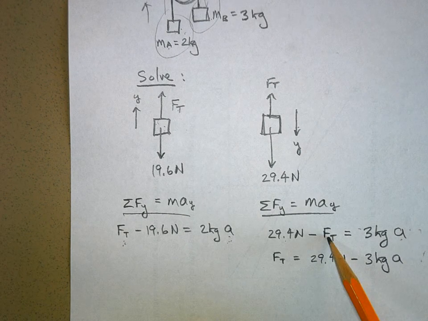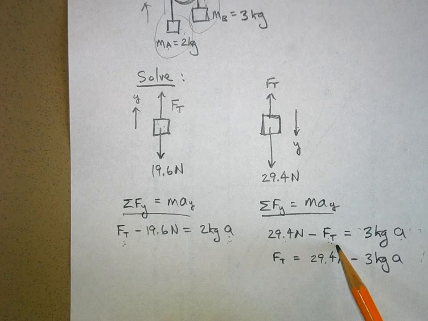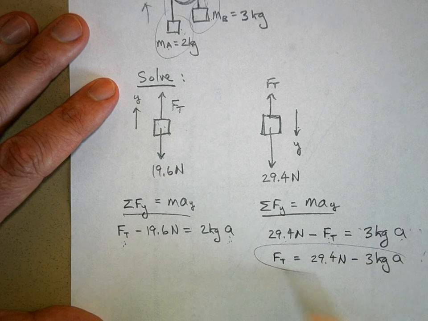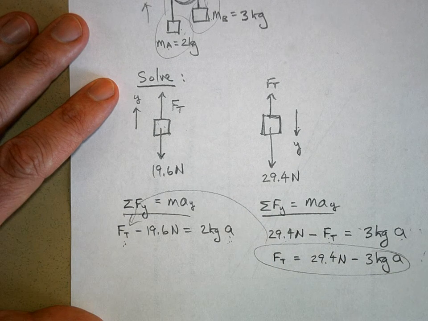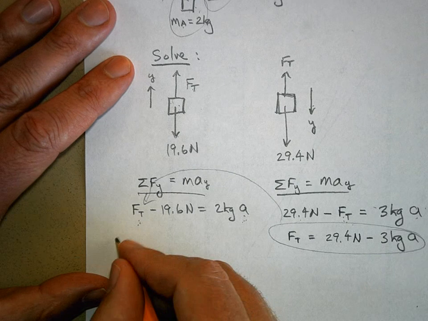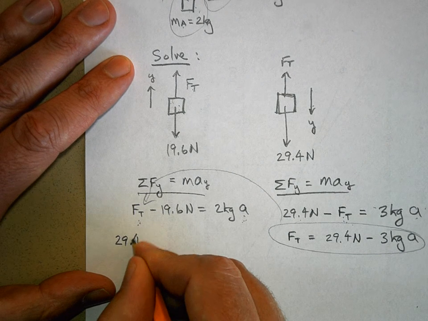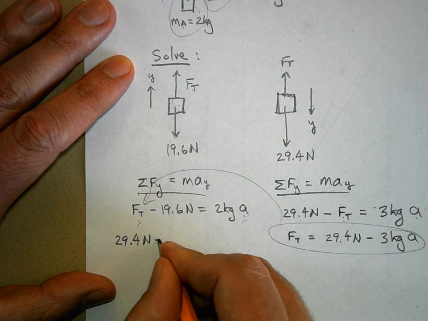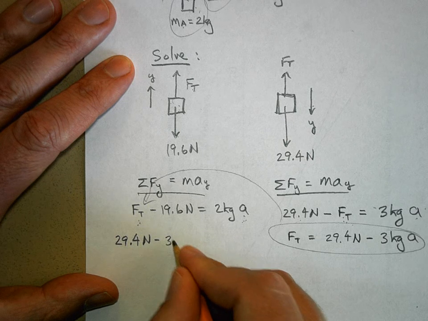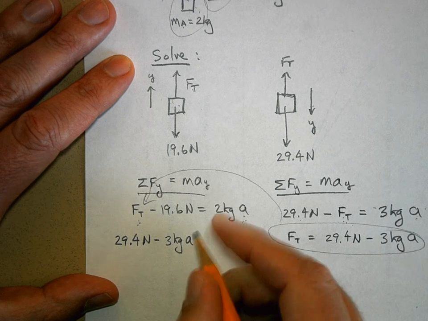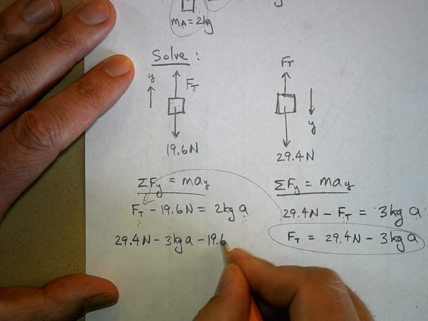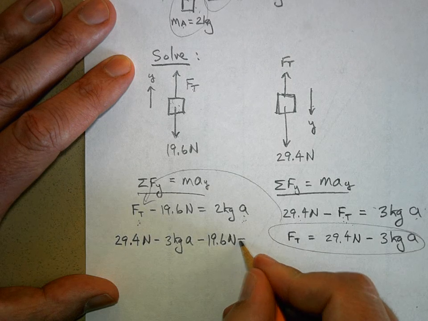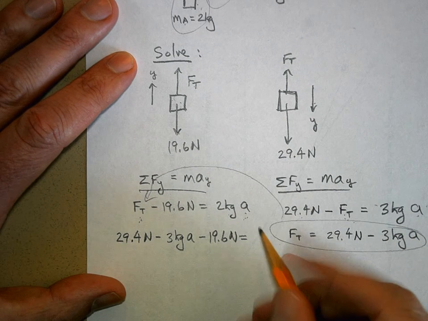I just solved this for the tension force. Now I'm going to take this and put it in here. So this is going to be 29.4 newtons minus 3 kilograms times a minus 19.6 newtons equals 2 kilograms